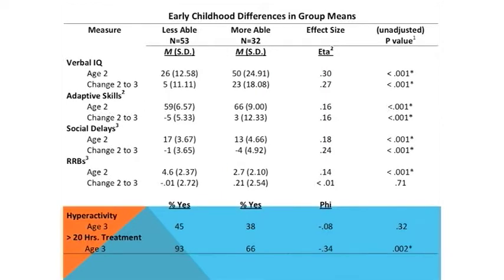And then the last thing is just what did differentiate this group. And one of the things we were really surprised by was that repetitive behaviors, changes in repetitive behaviors, even between 2 and 3, differentiated the more able group from the most optimal or very positive group. And I'll show you in a minute. In addition, hyperactivity, and this is just by parent report at age 3, also differentiated the more able group from the very positive outcome.